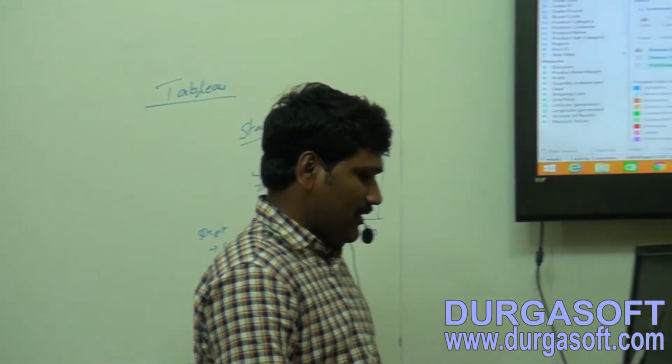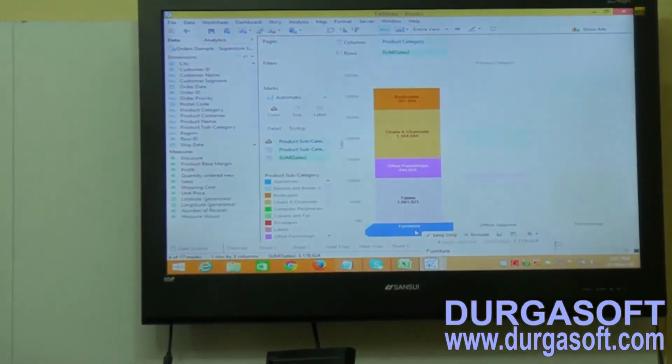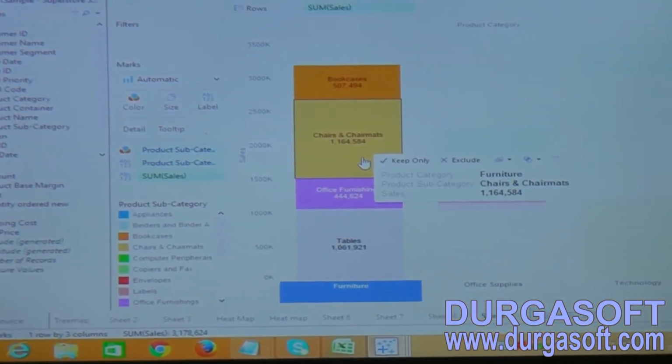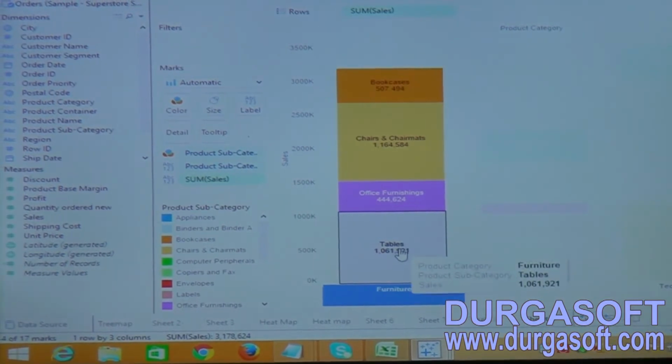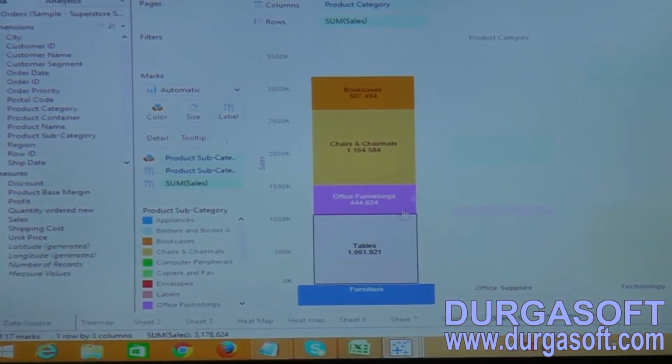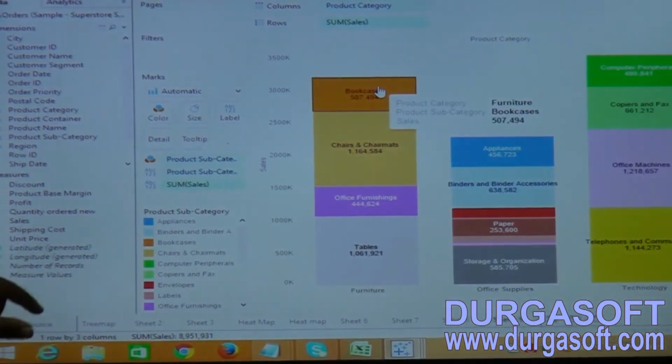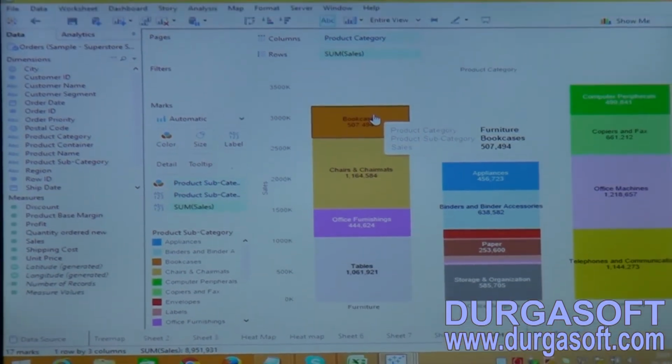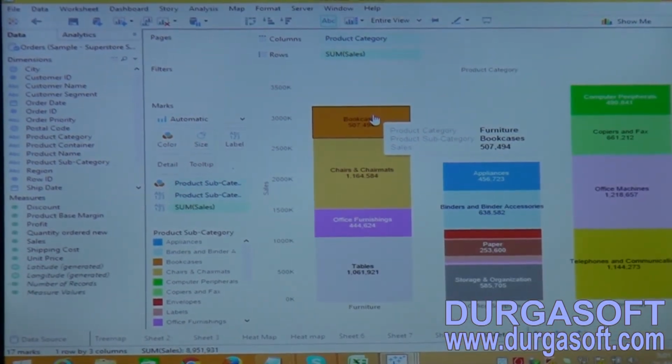Now see this, it is representing that furniture's highest sales is chairs and chair mats, and my second highest sales is tables. Now I want to make that from highest value to lowest value or lowest value to highest value.